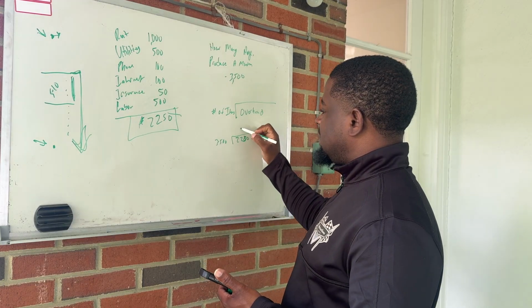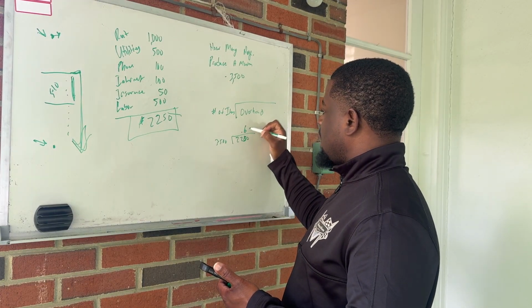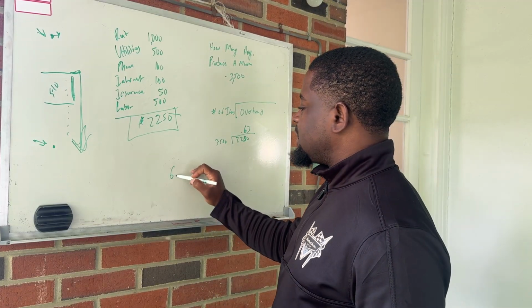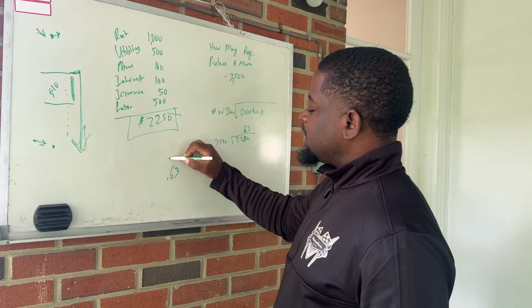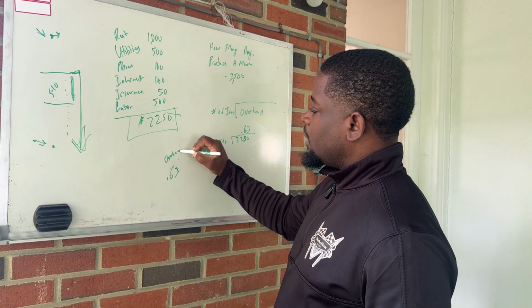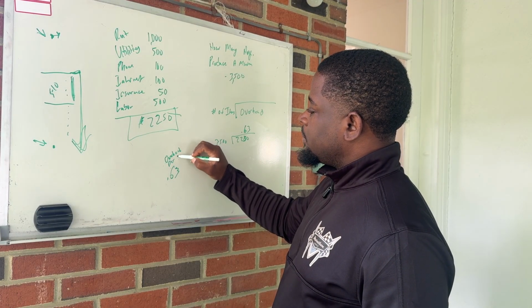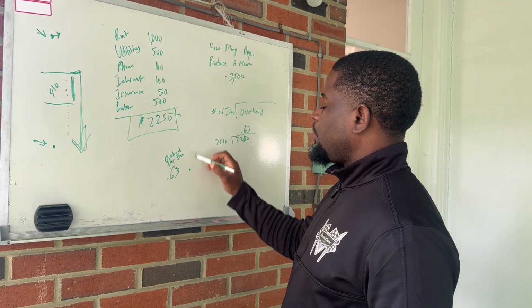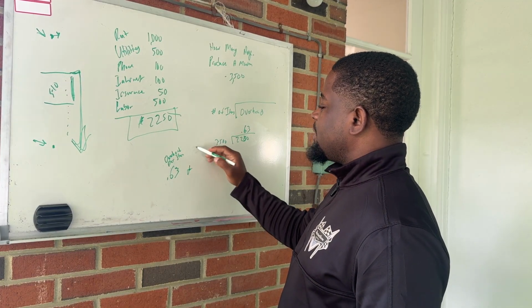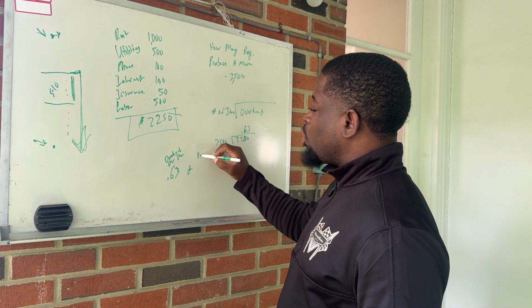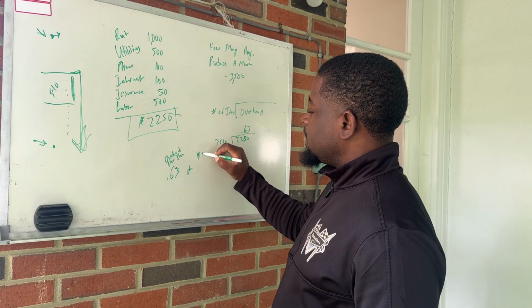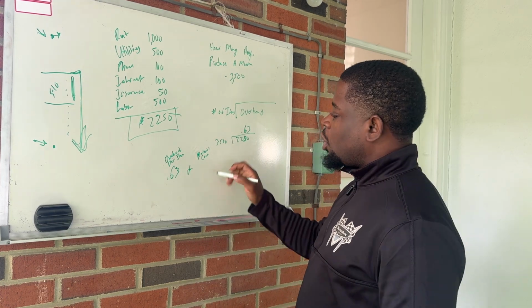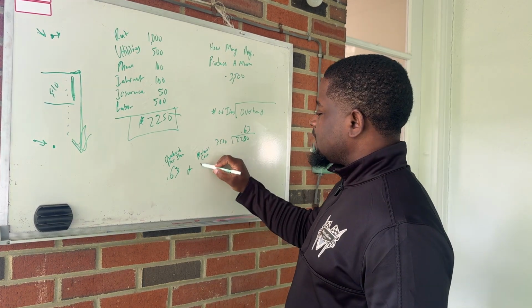And I'm going to get 64 cents. Let's just round it up to 63 cents, right? So I'm going to take that 63 cents, which is overhead per item. I'm going to take that and add that to my physical cost per item, material costs, the actual physical cost per item. Let's just say that's